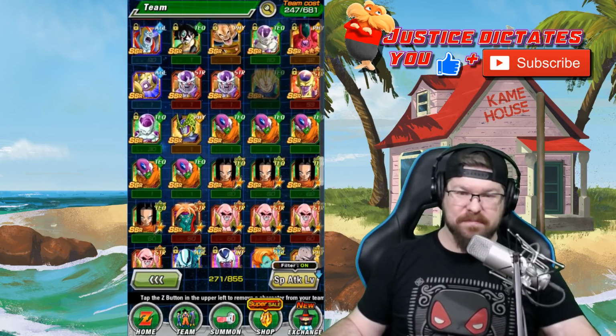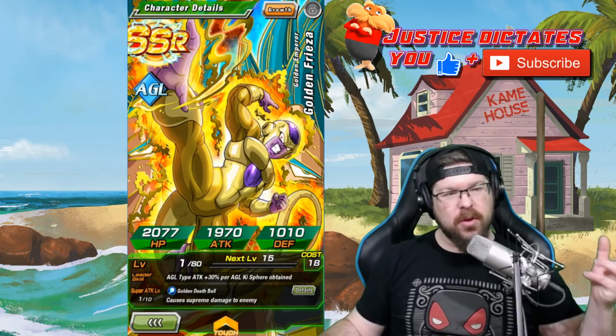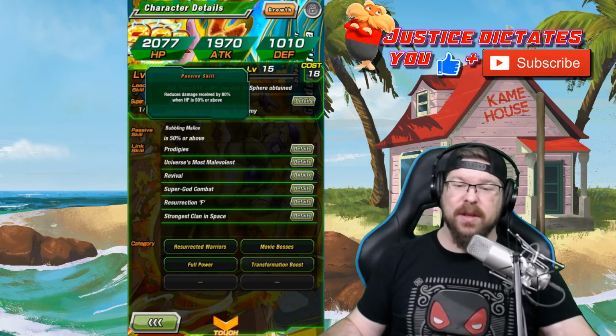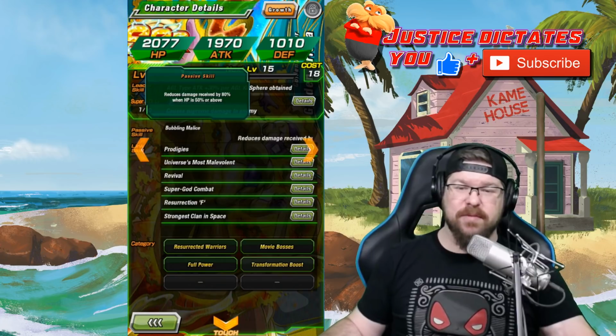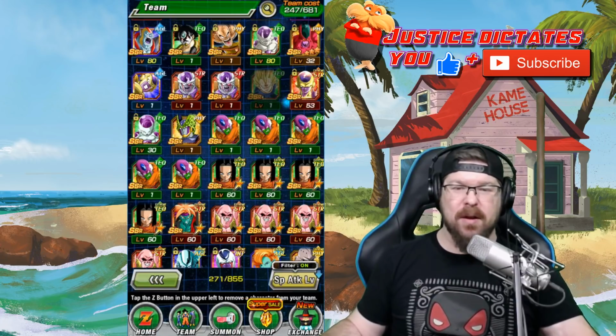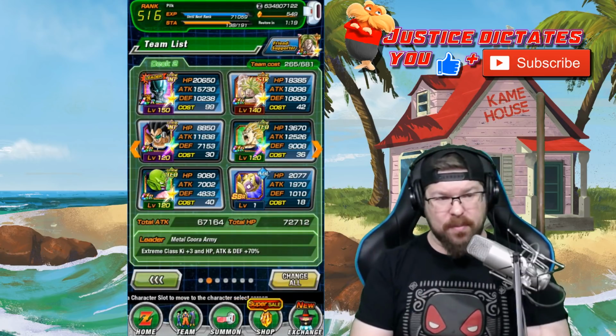There's a good option. This guy right here. Okay. Another unit that came from the stones. Not a bad unit at all, but a really great tank. So reduces damage received by 80% when HP is 50% or above. There is the tech one that's a little bit better, but we're just going to run him for now. Now, preferably...